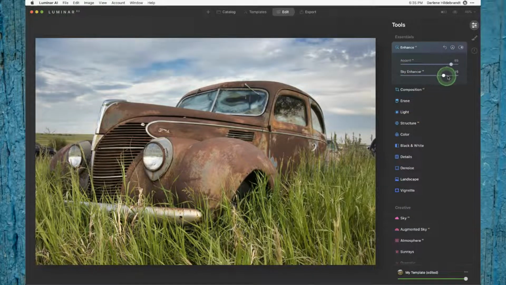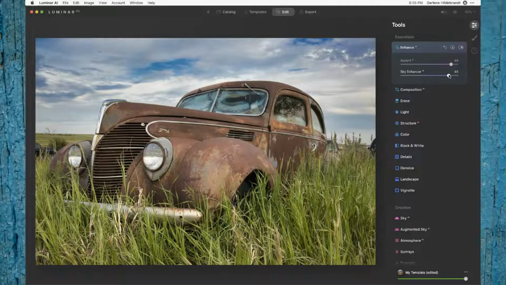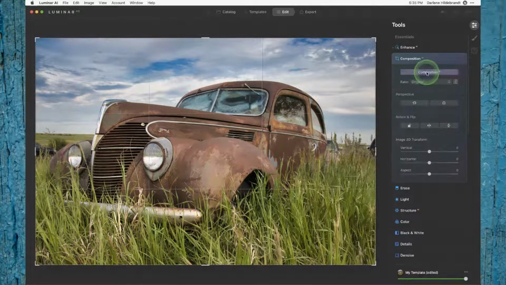Sky Enhancer is smart enough to know where the sky is, and it's doing things like imagine you had a polarizing filter on your camera. Look at the sky, it's doing a fabulous job of that. So with two sliders in here, I get that. Isn't that wonderful? One of the reasons I really love Luminar is that it's super quick and easy